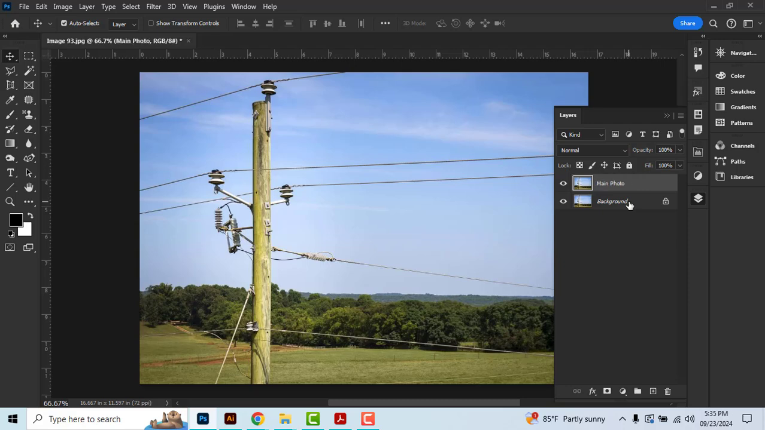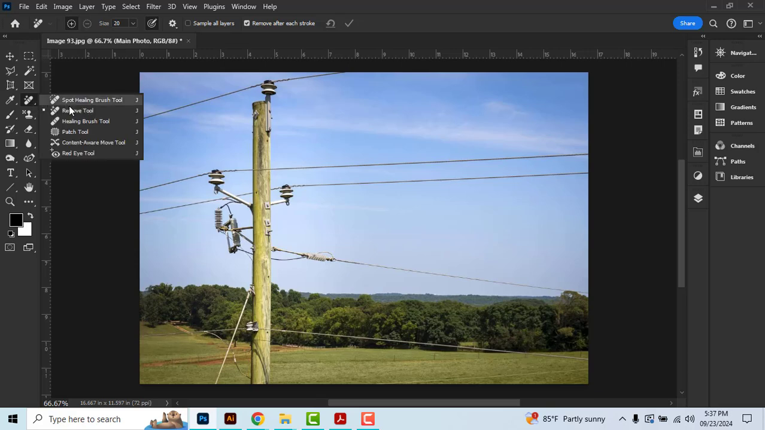To keep the original image intact, turn off the visibility of the background layer by clicking the eye icon next to it. Using the Remove tool, carefully eliminate distracting elements such as the electricity pole and wires from the image